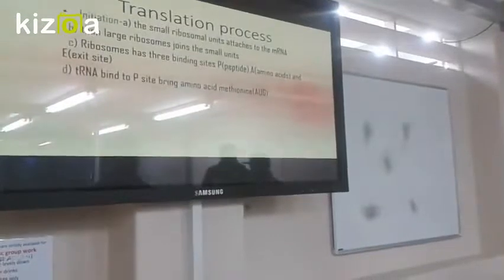And then mRNA has codons, and tRNA has anticodons. We have three RNAs: ribosomal RNA, transfer RNA, and messenger RNA. So these ones do the actual translation. Translation, how does it take place? Let's start with the initiation stage.